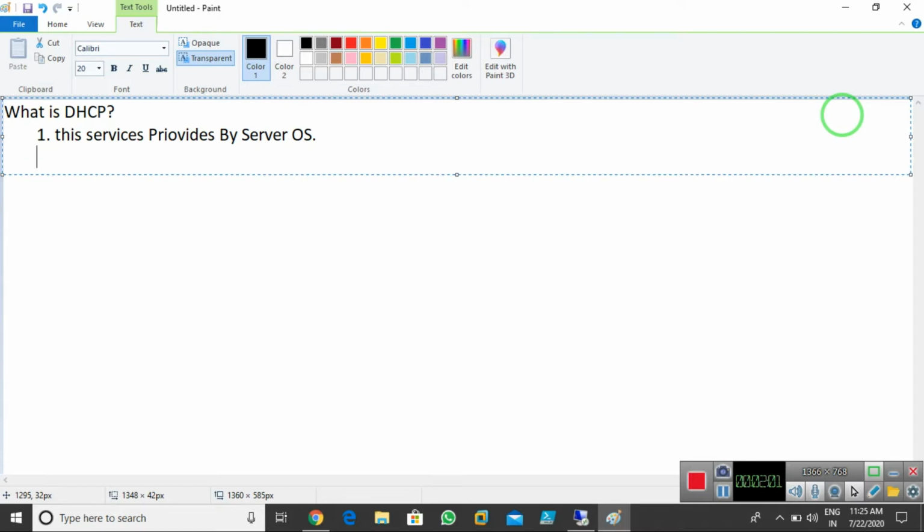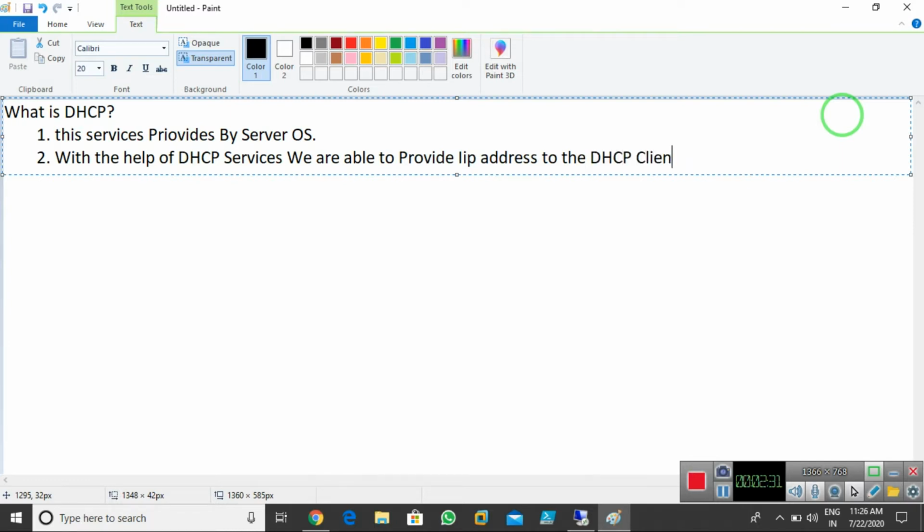Now we need to understand what DHCP does. With the help of DHCP services, we are able to provide an IP address to the DHCP clients.